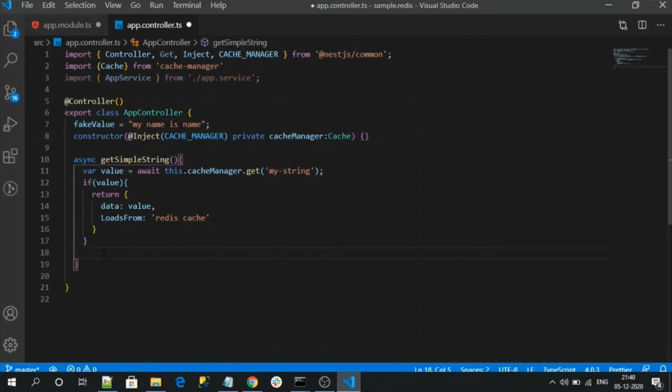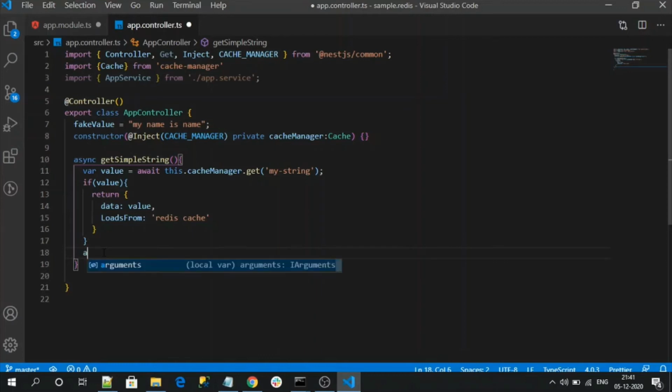So if data is not found, the next step is to save the data fetched from the database into the Redis store. By doing this, subsequent requests will be served from the cache instead of calling the database.